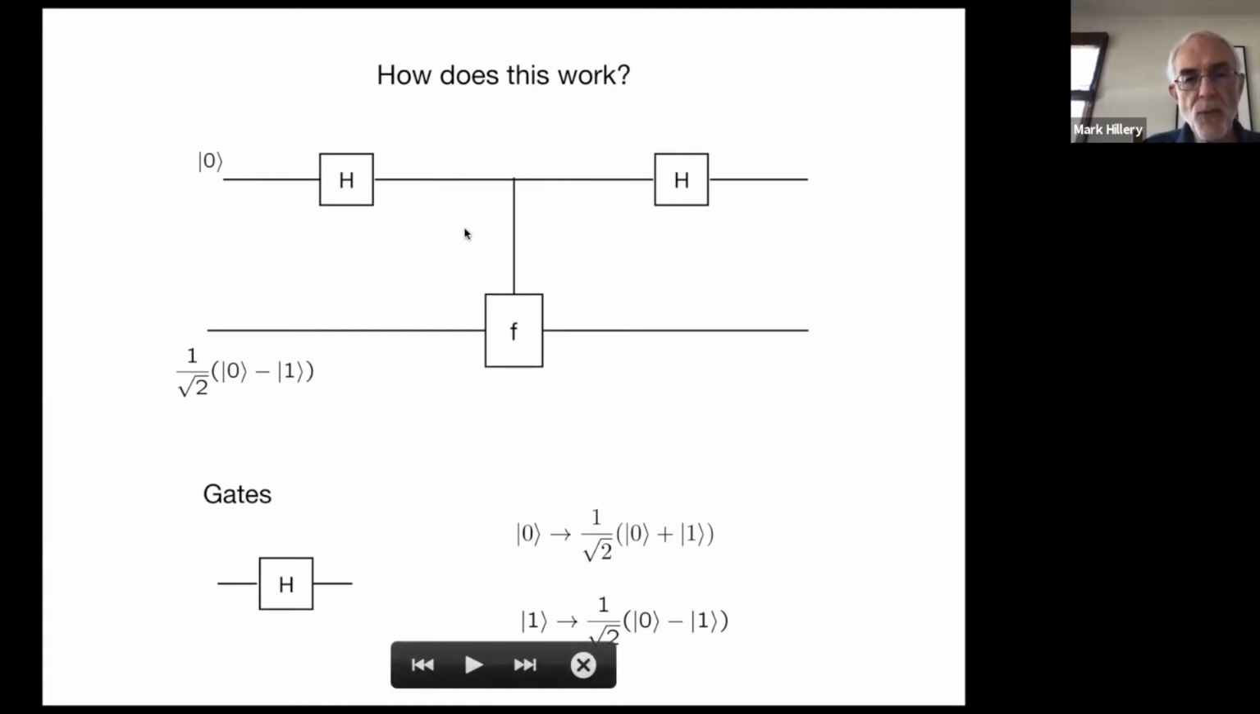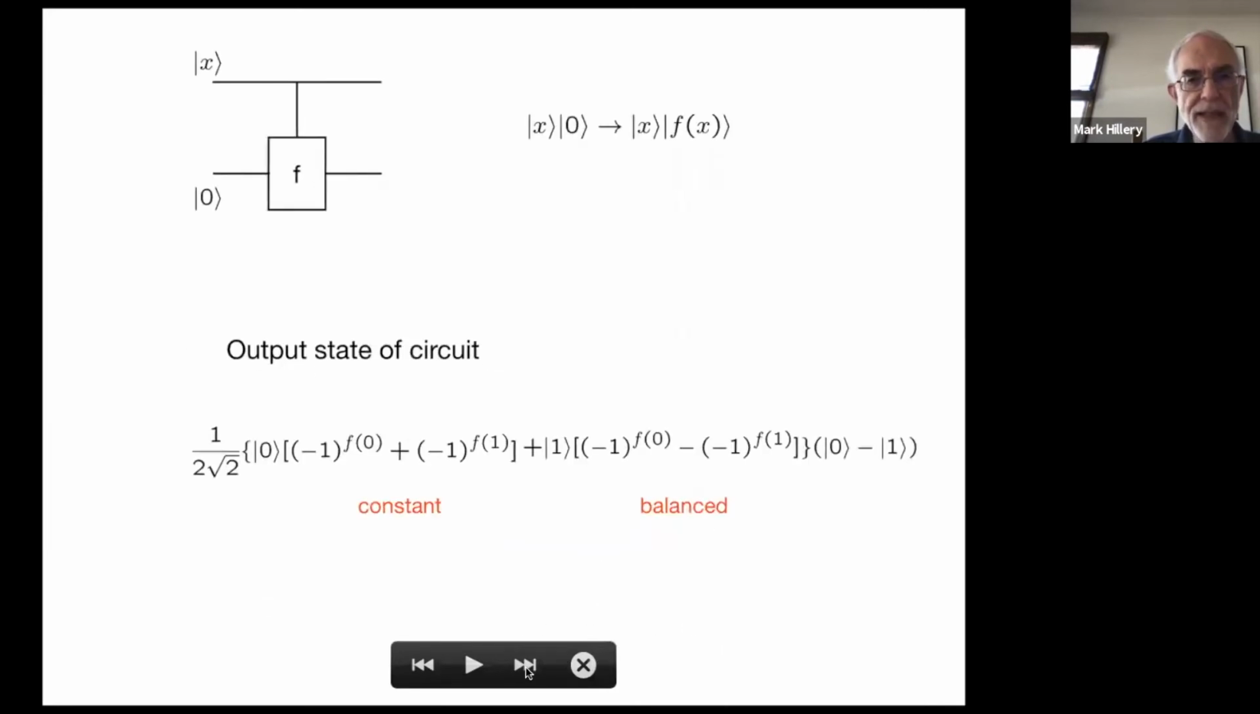Okay, so then we have to worry about this other gate, this F thing. So how does that work? Okay, so let's see what that does. It's called an F-controlled NOT gate. So if the input is X, 0 or 1 up here, and this thing down here is 0, what happens is that you get X0, which is the input, goes to X f of X. Okay, and I really should have put in what happens if you put in a 1 down here at the bottom. In that case, what happens is the X1 goes to X1 plus f of X,